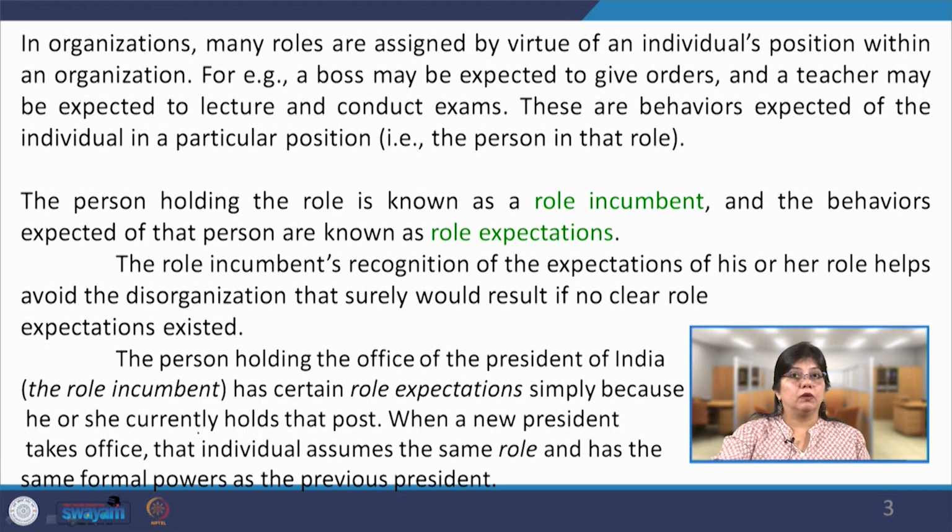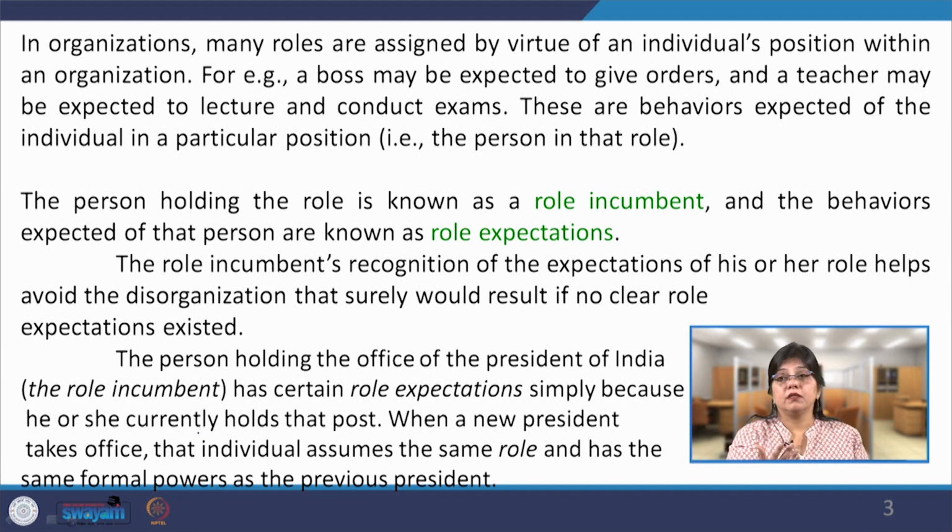This is a role, or it can be the role of a teacher who may be expected to lecture and conduct exams. These are the behaviors expected of the individual in a particular position, irrespective of any group a person belongs to. Now, a role is a typical behavior that a person performs in a specific situation based on his expertise, knowledge, skills and abilities. At the same time,